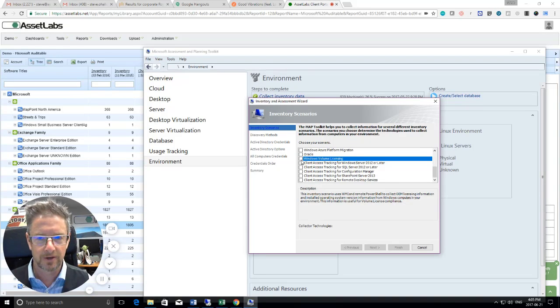Now, the problem here is that most server admins, we have found, when they understand the UAL, tend to turn it off. Though it's nice to have, it's not a need to have, and it does have a performance effect on their servers, and sometimes they just don't want that. So they'll turn it off. If their client access tracking technology has been turned off during the install or afterwards, then even if you do select this, nothing will come of it. So